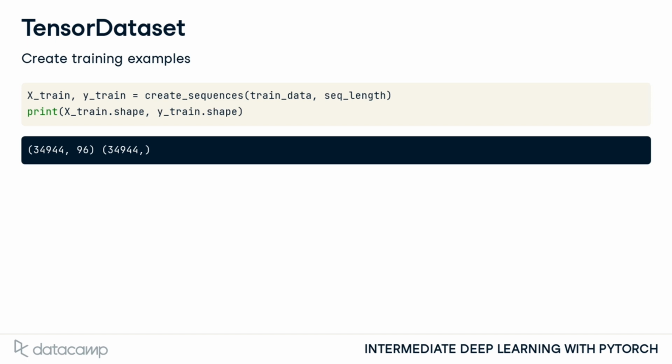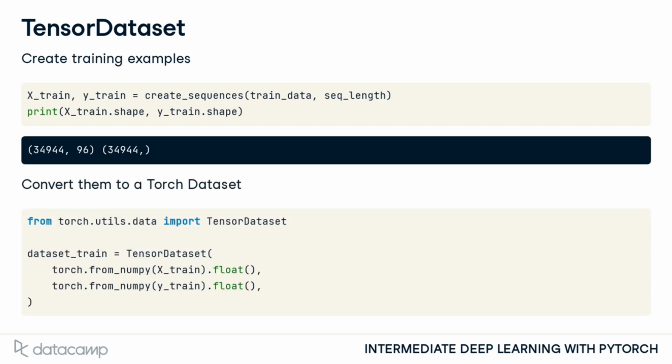To convert them to a torch dataset, we will use the TensorDataset function. We pass it two arguments, the inputs and the targets. Each argument is the numpy array converted to a tensor with torch.from_numpy and parsed to a float. The TensorDataset behaves just like all other torch datasets, and it can be passed to a data loader in